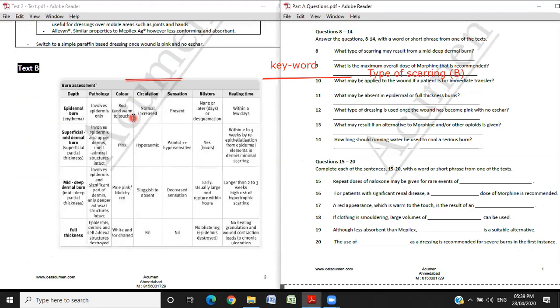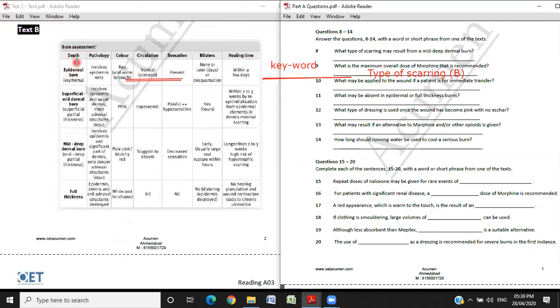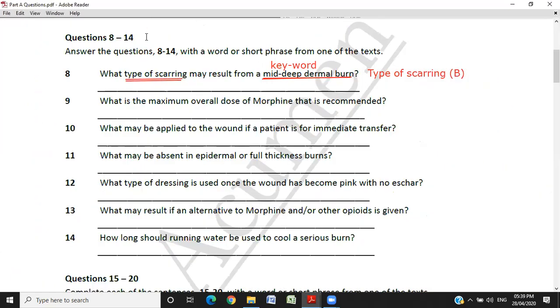See here. Yes, we knew that here you have types of burns. So I have to find out mid-deep dermal burn. Here I have mid-deep dermal burn, and then I match it with healing, because I also have blisters here, but it says scarring. It doesn't say type of blister or wound. It says scarring. So here I can find hypertrophic scarring. Yes, again, I'm not reading everything. I'm just matching this with this hypertrophic scarring. So my answer for this question will be here